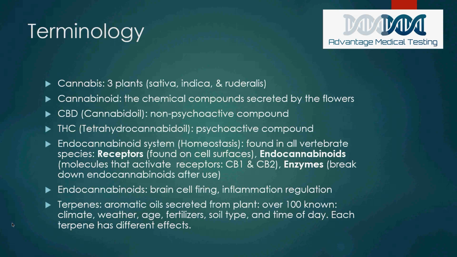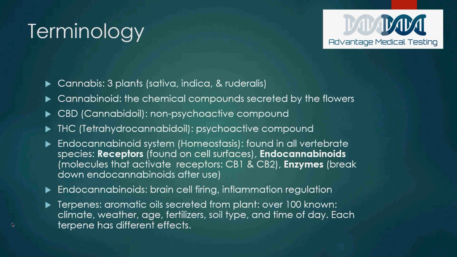Some of the things that are derived from the cannabis plants are THC, we'll talk about that, and CBD, obviously. But there's marijuana, and believe it or not, hemp, marijuana, and hash are very closely related in the plant species. Slight differences. All three of the plants excrete, from the flower, certain cannabinoids. Now, this is the term you need to know: cannabinoids are the chemical compounds that are secreted by the flowers.